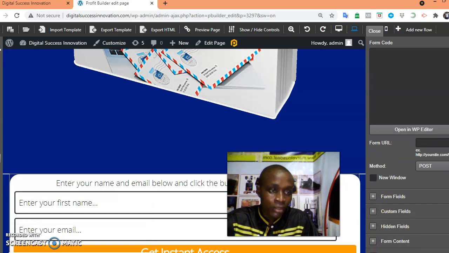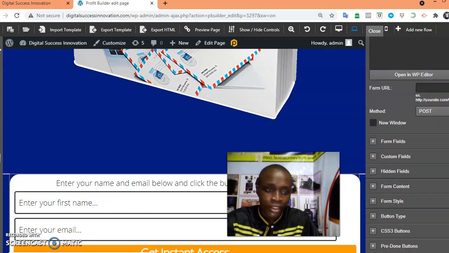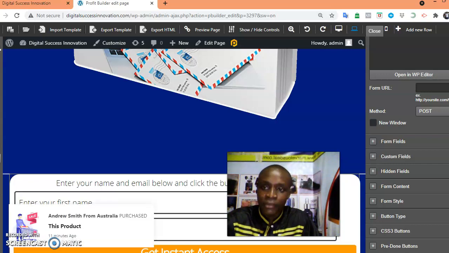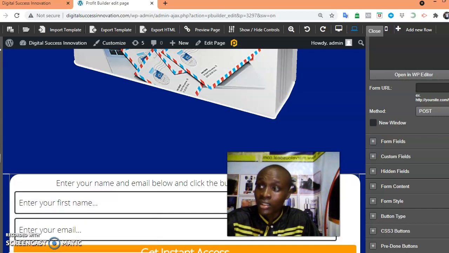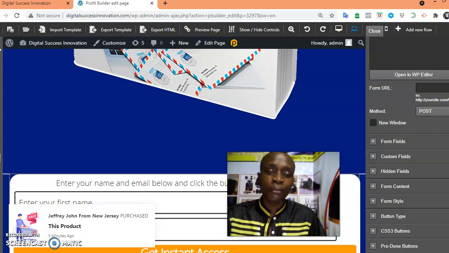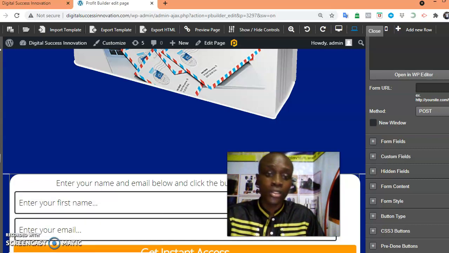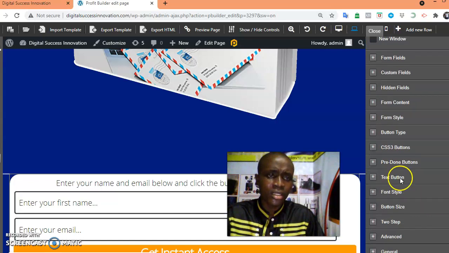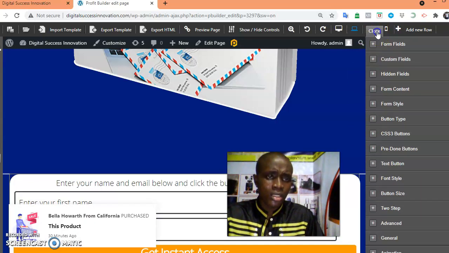For the purpose of this training, I just want to create this page alone for you guys to see how this works. In our previous training as well, I've explained how you guys can do that, how you can generate your opt-in form code in our previous training. This training is just for you to see how we create our opt-in page. So that's it. So let me close this.